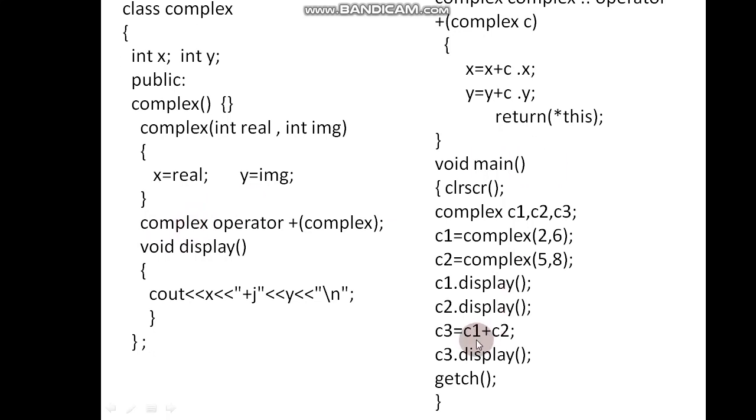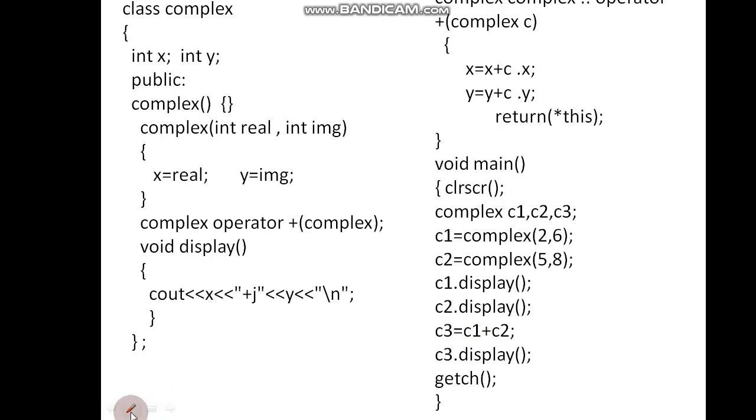Now, when we try to perform C1 plus C2, this addition, the new meaning has been provided for this plus. So this function will be called by C1. C1 is calling this function.